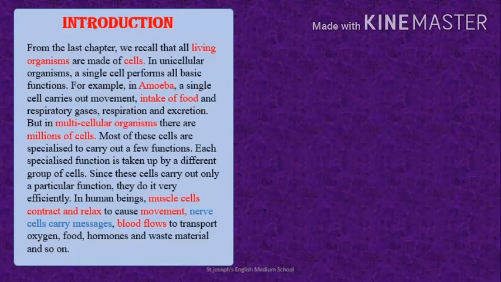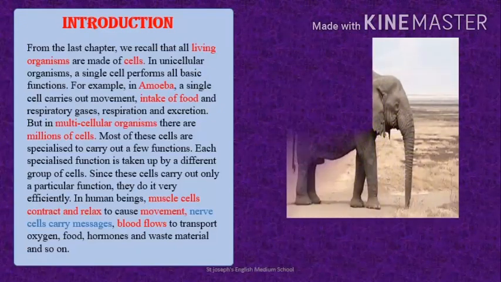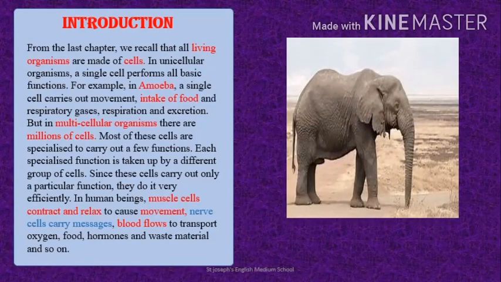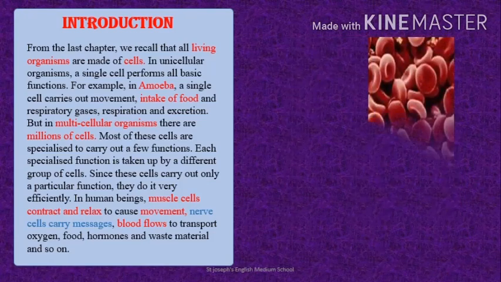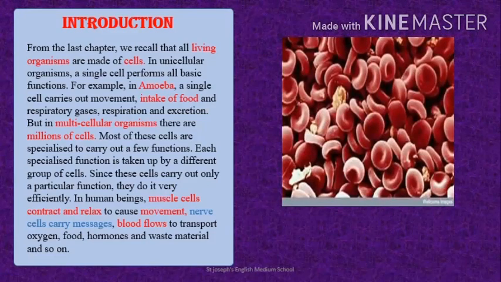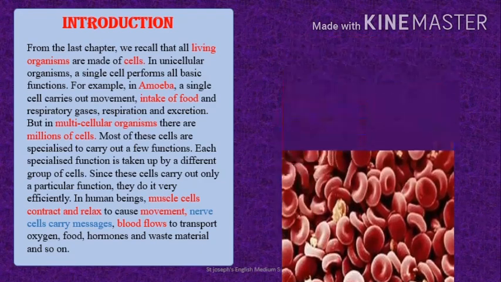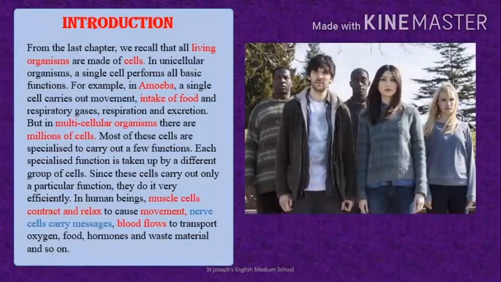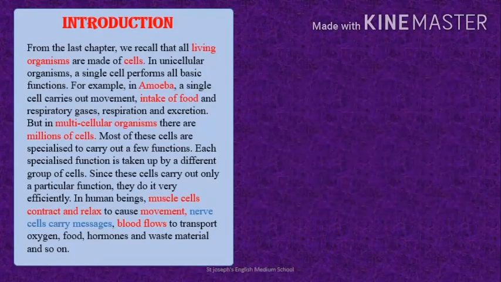But what about in multicellular organisms? Like in an elephant, there are millions of cells. Most of these cells are specialized to carry out a few functions. Each specialized function is taken up by a different group of cells. Since these cells carry out only a particular function, they do it very efficiently. Like in the case of human beings,